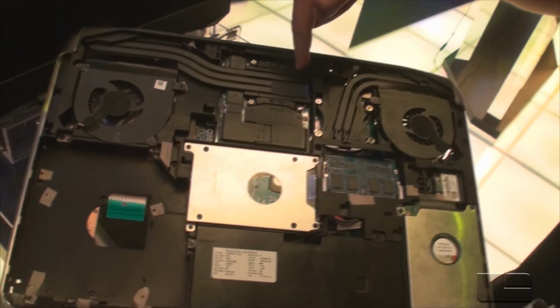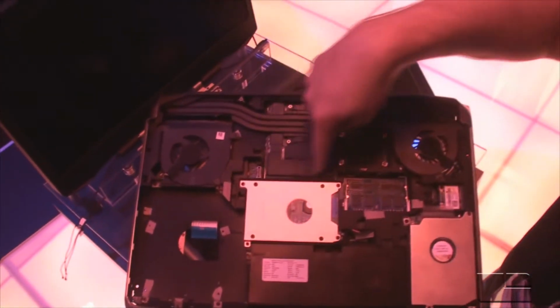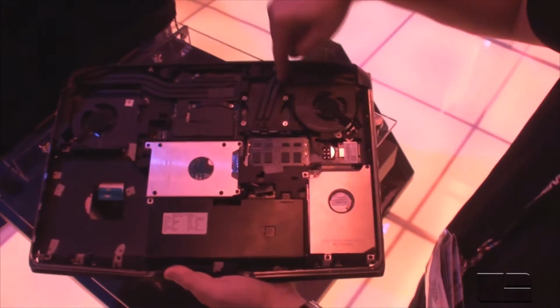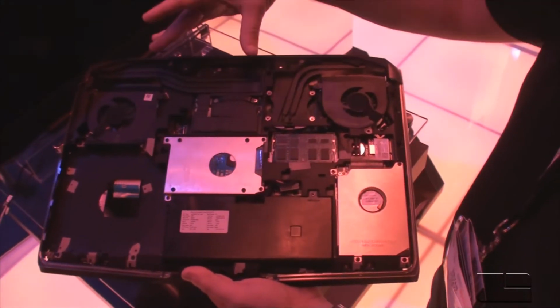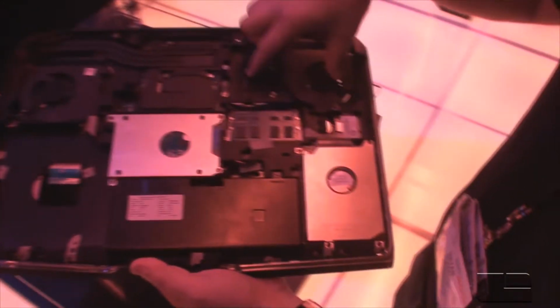This is where your graphics card sits, and you have your own individual cooling solution just for the graphics card. So you have copper heat pipes that run from the heatsink to the blower, blowing it out the back, and then a separate cooling solution for your processor. And having these separate cooling solutions is really what allows you to have always on 100% performance for graphics, always on performance on your